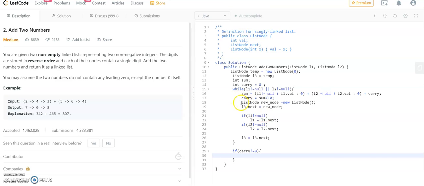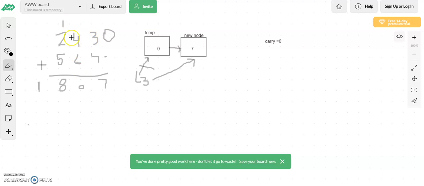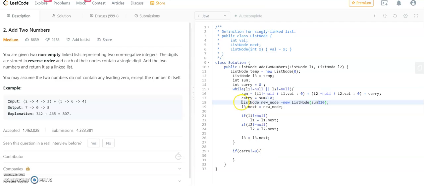we'll copy this, and we forgot to add the value here, which will be sum mod 10, because we want to store the least significant digit, which is 4 plus 6 is 10, so we want to store 0 here, so that's why sum mod 10. Same will copy paste here, and instead of sum mod 10 we'll store carry here,